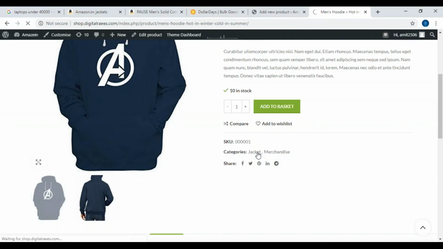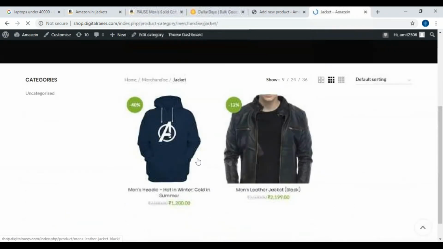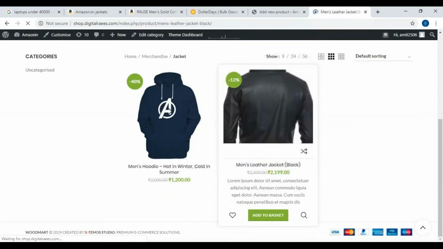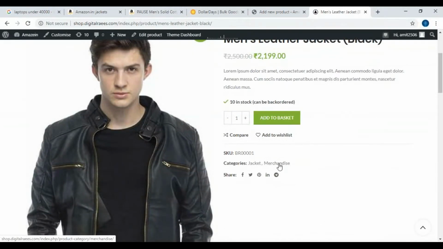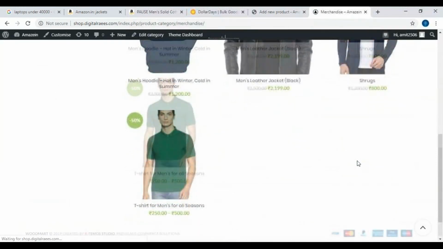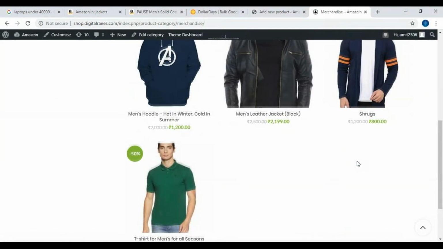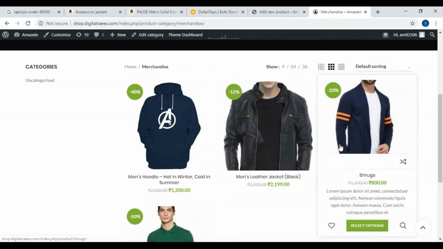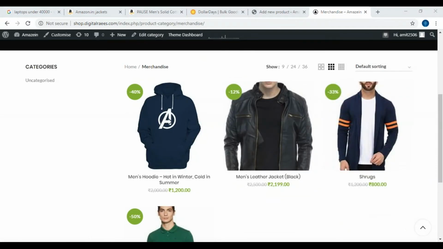So if I click on jacket, I can see all the jackets listed. If I click on merchandise, whatever merchandise is available is going to be listed. So this makes it easier for our users. So everyone can define the category and you can publish.